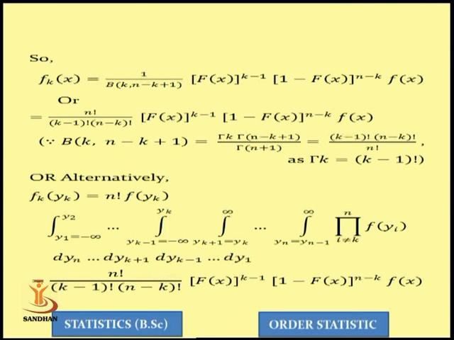Alternatively, if you do not want to go by that incomplete beta density form, then we have an alternative: since we have the density of all n order statistics, we can obtain the marginal density of the kth order statistic, that is f_k(y_k), that is n factorial f(y_k) into